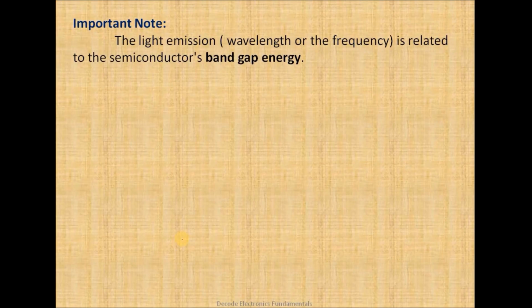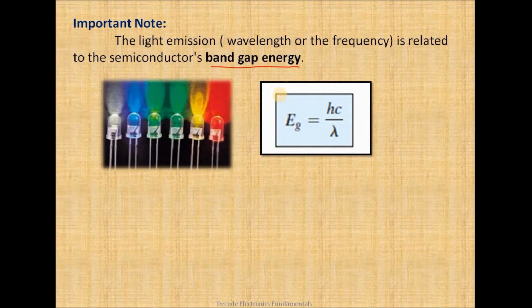One important note is that the light emission, which means either the wavelength or the frequency, is always related to the semiconductor's band gap energy. So this particular simple equation relates the energy band gap with respect to the wavelength or the frequency of the light being emitted. Let us try to understand it in a little more detail. Here EG stands for energy band gap